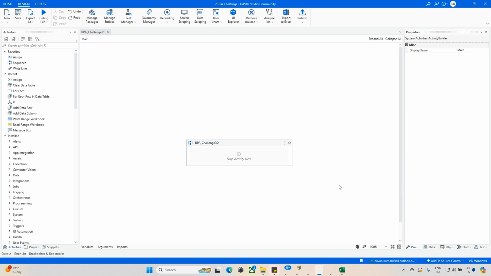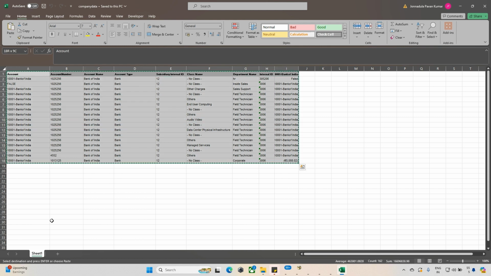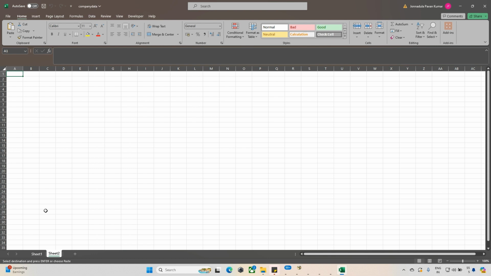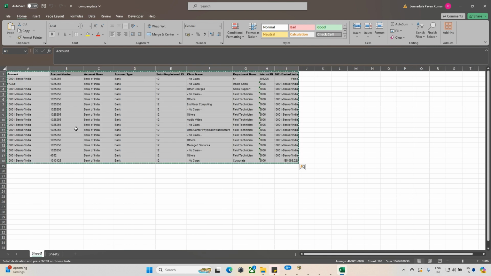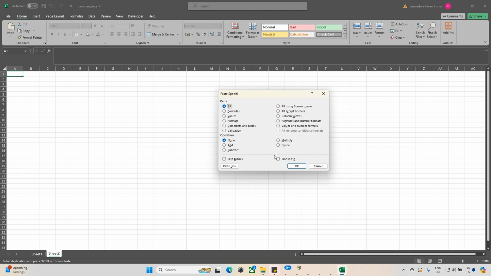So today we'll try to explore one more new challenge, which is related to the Excel side. Basically, whatever data you are seeing in Sheet1 now, this is our input. Now, what I'm expecting as the output is: just take this data table, and we need to change this as